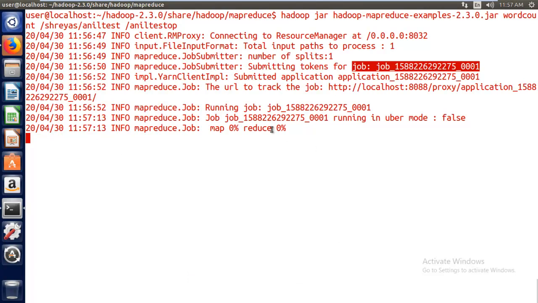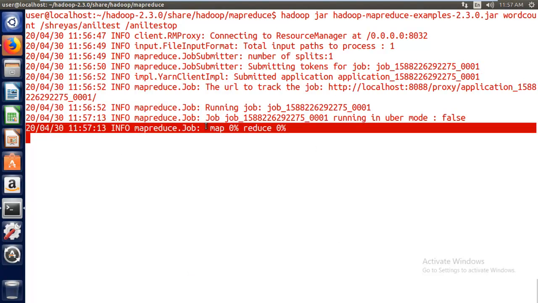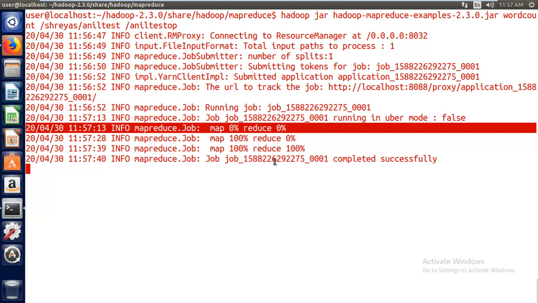Initially you can see the map is 0% and the reducer is also 0%. We discussed this earlier, right? Unless you complete the mapper process, you are not going to get any reducer. All the mapper processes will be completed in parallel. Now the map got completed with 100%, and now it's going to give the final result also.